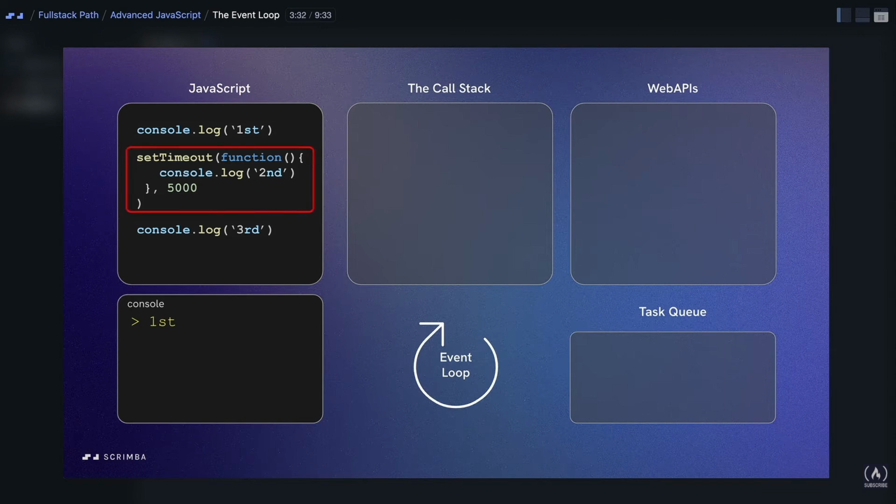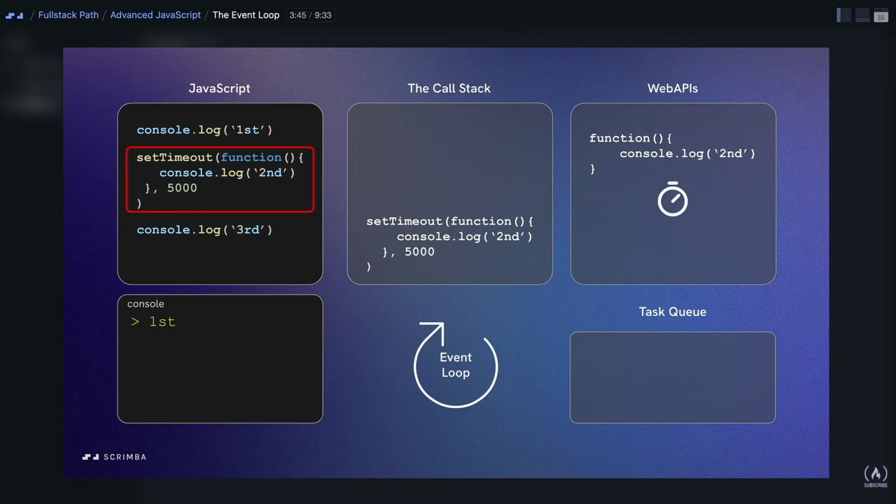Okay, next we come to the setTimeout. So now we need to work asynchronously. The code goes into the stack, and here things get interesting. The stack passes setTimeout's function to a web API, and there it gets a timer which is going to count the 5,000 milliseconds. Now the stack can pop that task off, and we move on to the next line